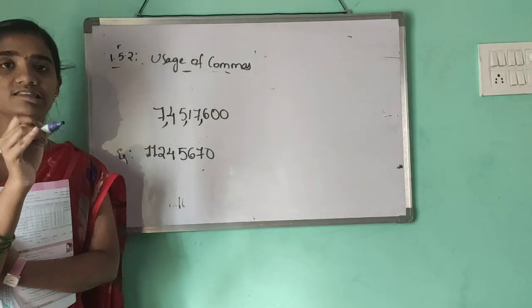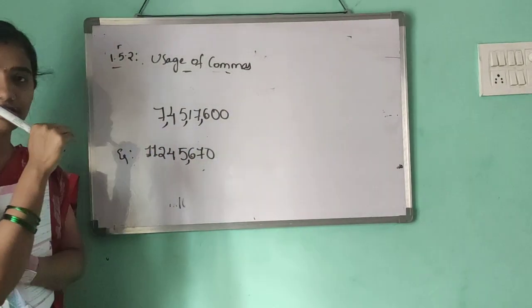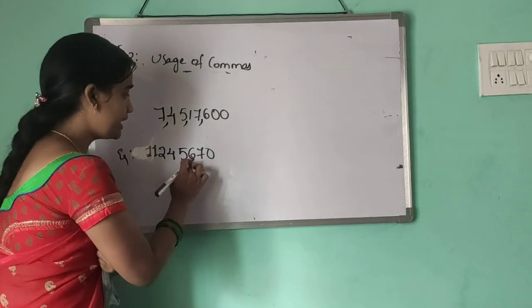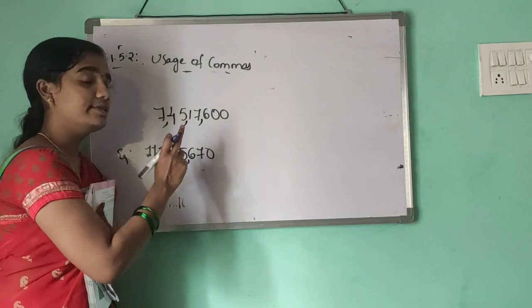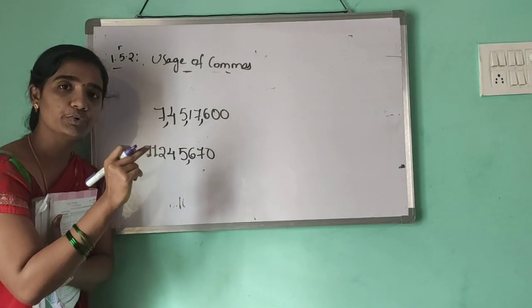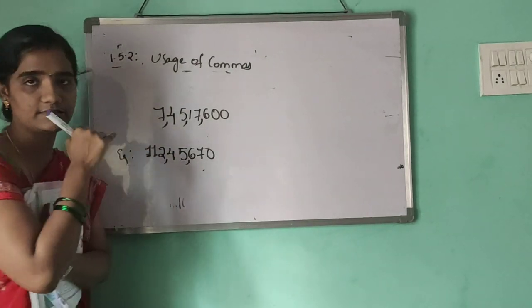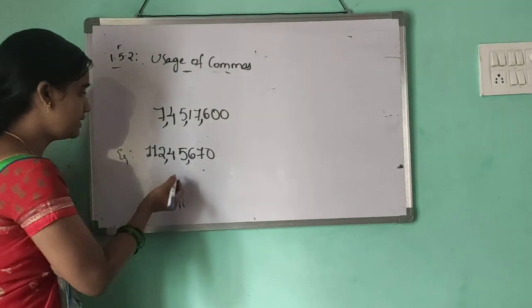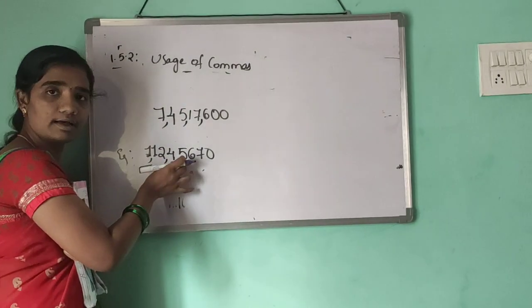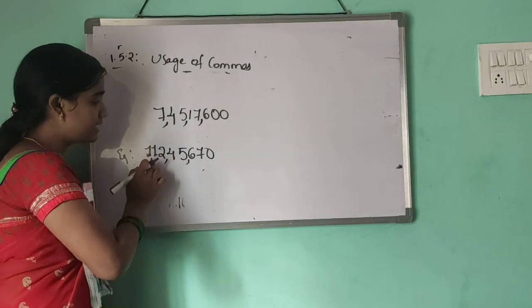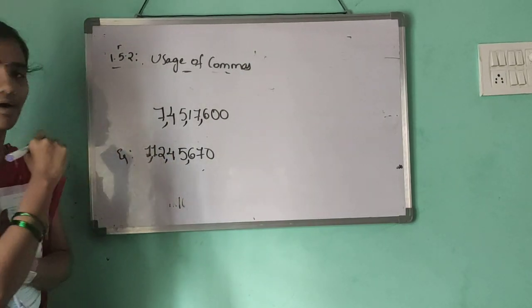Put the commas. The first comma goes at the hundreds place. That means move to the right, past the first three digits, and put the first mark. Next, the second mark: move two digits, that means the 10,000 place. Then the next two digits. This is the 10,000 place. This is the 10 lakhs place. So we have to put the commas in this way.